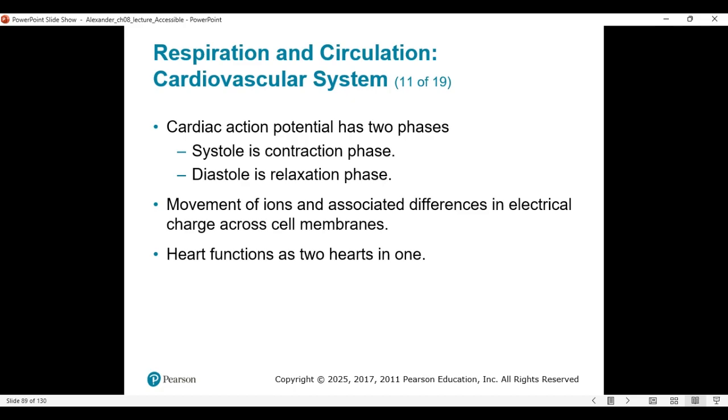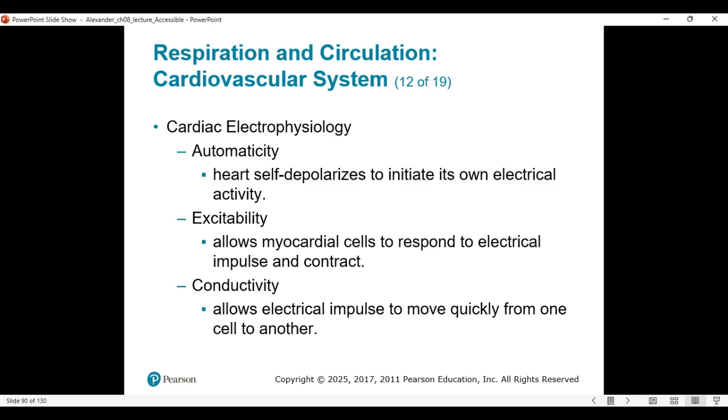And our heart function is two hearts in one, right? One pumping it to the lungs to get oxygenated, and the other to pump it out to the body. The autonomicity, this is the heart self-depolarization to initiate its own electrical activity. Excitability allows the myocardial cells to respond to this impulse, and then it contracts. And conductivity allows the electrical impulse to move across from one cell to another. So we have that systematic, rhythmic